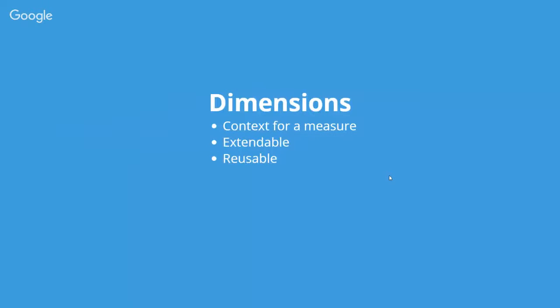And that's what we call dimensions. So context for a measure. If we're measuring people who have been contacted, for example, some context we may want to know about that. If we see 19 people have been contacted, maybe we want to know what demographic that person falls in, or why they were contacted, or how they were contacted, or what were all the reasons for the contact, right? We can dig in deep and drill down and get so much more information that is actionable if we have